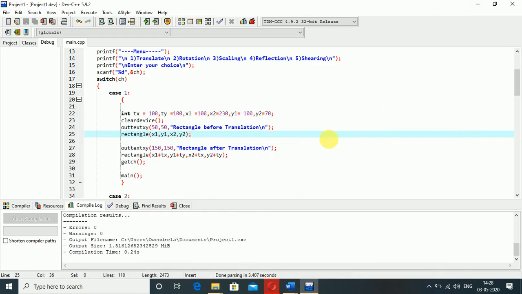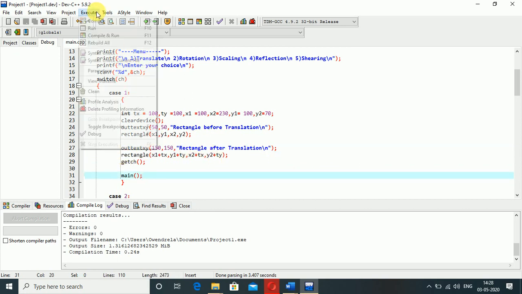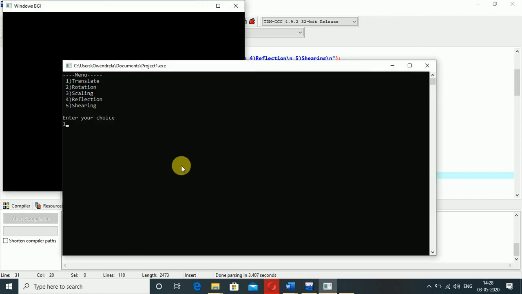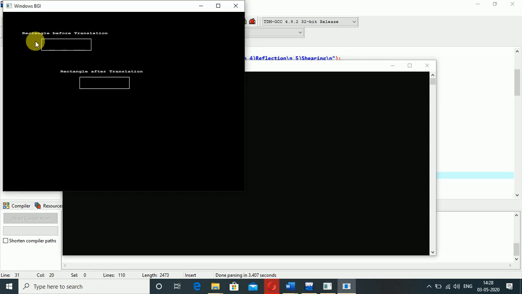I just use the translation formula here. Is it clear? Now execute this source code for translation. My first choice is translation. This rectangle is before translation and this rectangle is after translation.